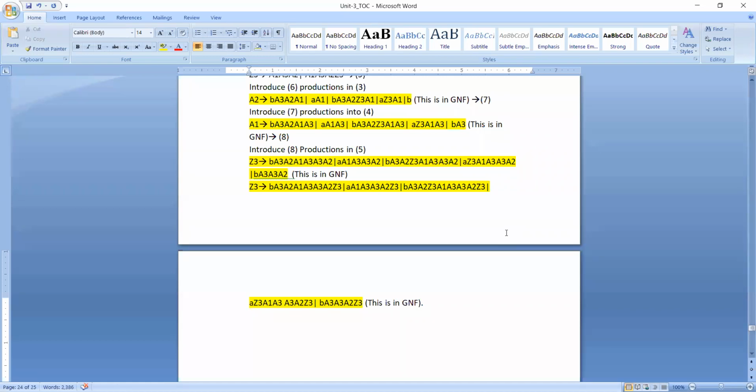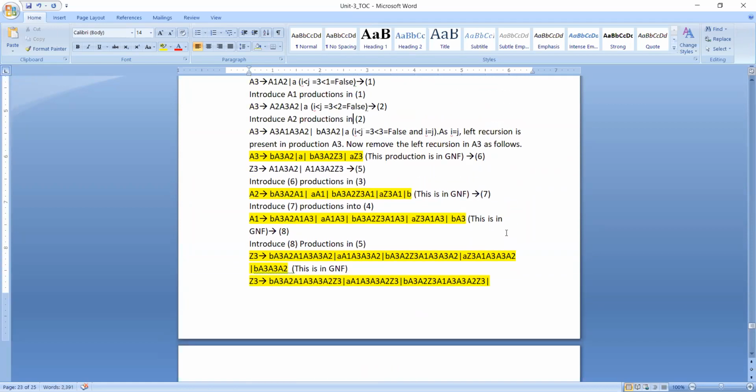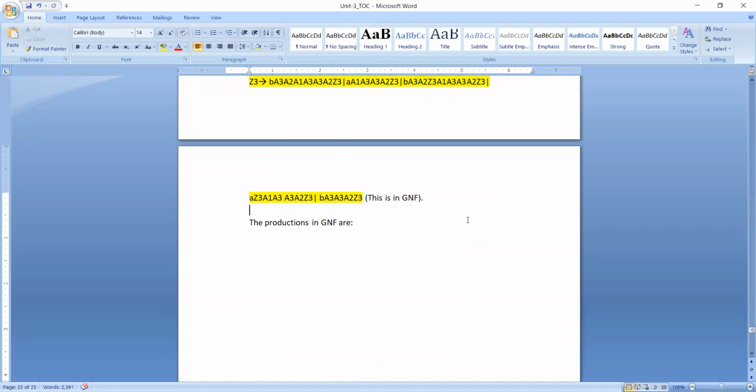Now finally we need to write the final productions. I can write like this: the productions in GNF are. Now we need to write all the productions in one place. First starting with A1, because this is the first variable, the start symbol of the grammar. That is the reason why first we need to write A1.